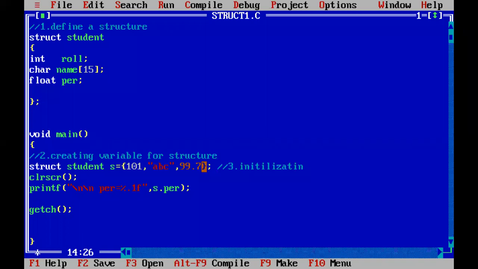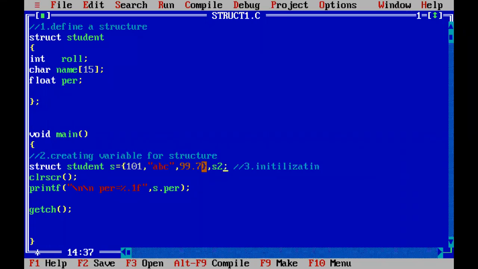And what about the second student data? What about the second student? Like how you created S, you have to create again, put comma, S1. Write down S2, again put comma, and write down S3. Like that, how many student data you want to create? Those many variables you create, starting with S1, S2, S3, and the last student data variable will be S60.